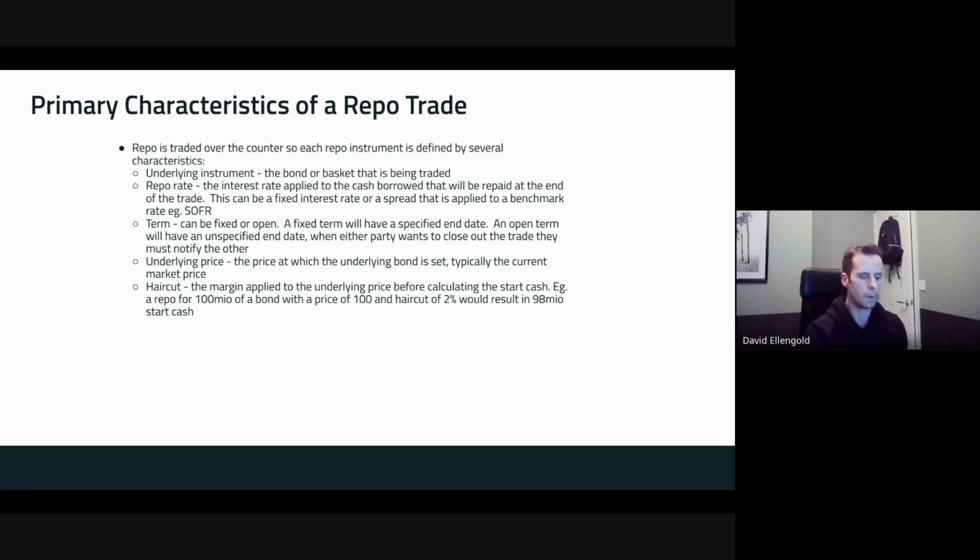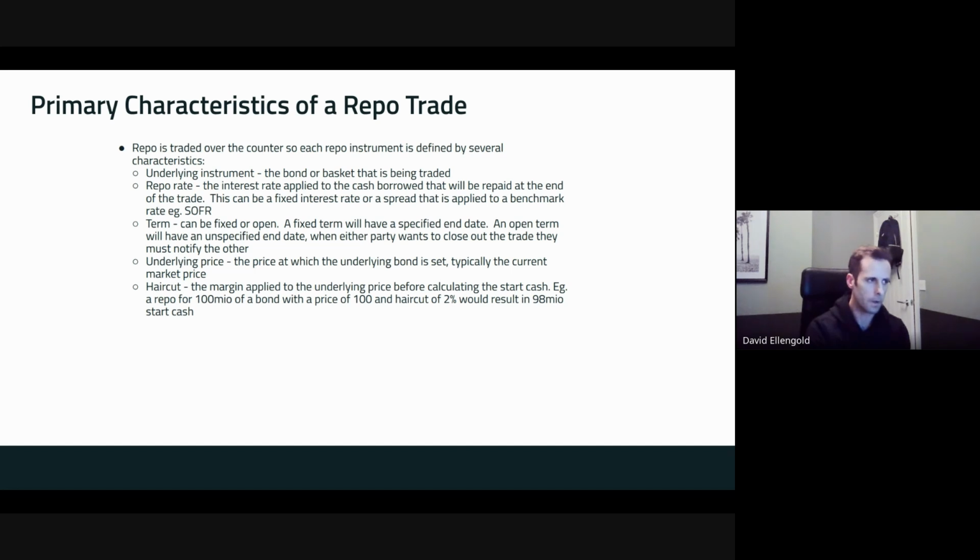So the guys that are trading in the repo market, whenever they're quoting prices, they're quoting the rate to apply to the cash that's being lent and borrowed. And that can be a fixed rate, so like just 5% or 6% or whatever, or it can be a spread that you apply to a benchmark, such as SOFR, which is short for Secured Overnight Funding Rate,